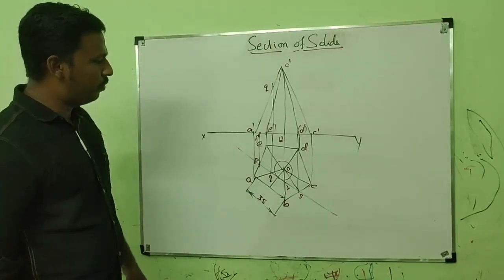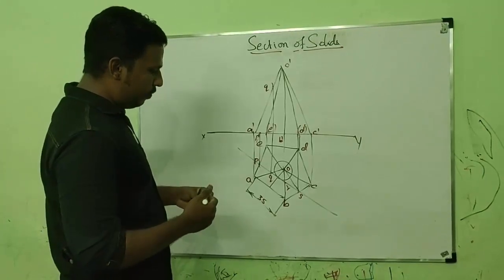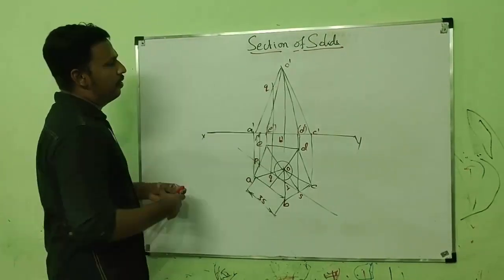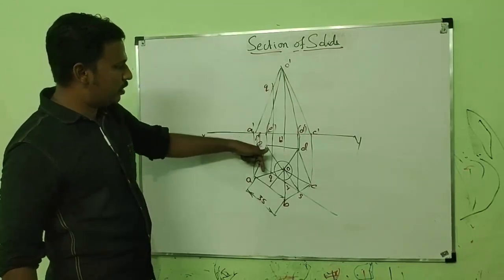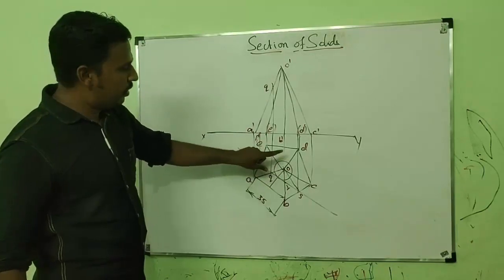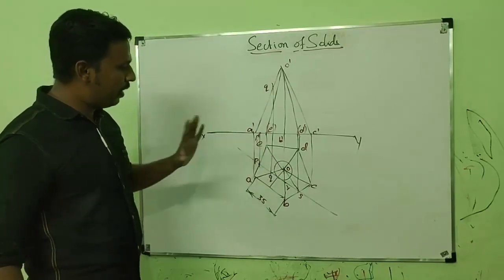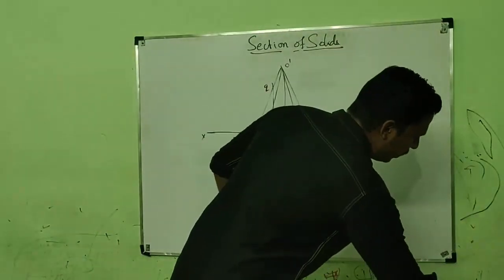So we have to use the technique what we have used in the previous problem. In the previous problem we had a cut point here. We have transferred a point to the another edge using horizontal line, then we have transferred to the corresponding point, then we have transferred to the original point using arc. So here what we have to do is, we have to transfer the point to another edge.